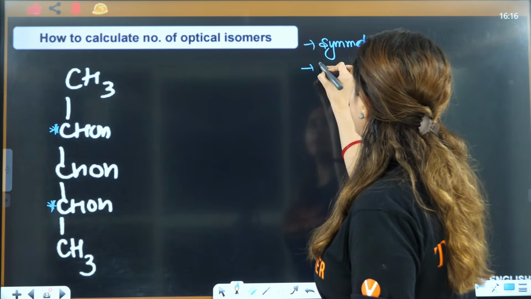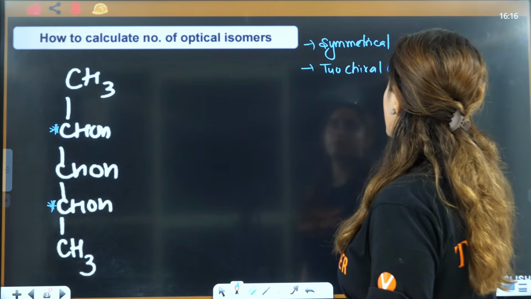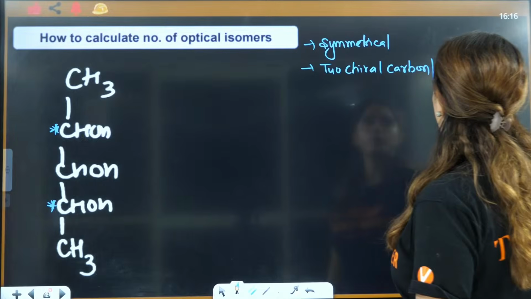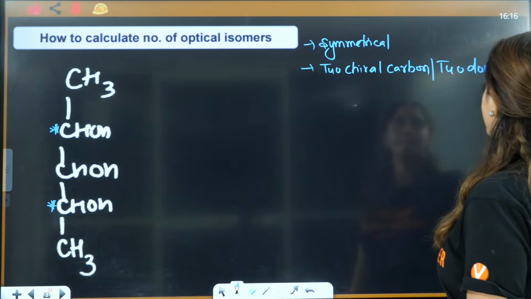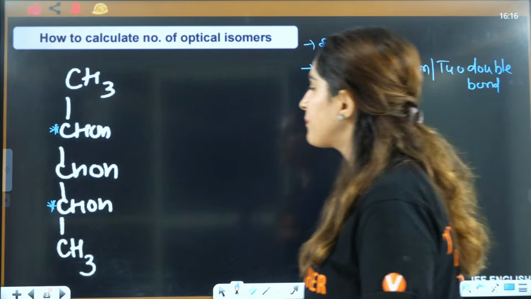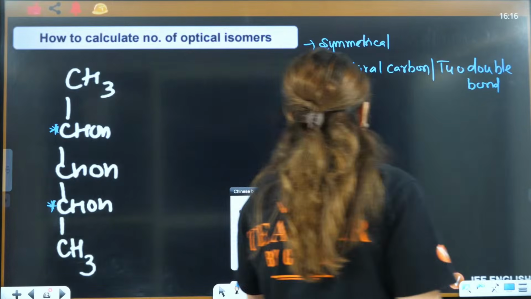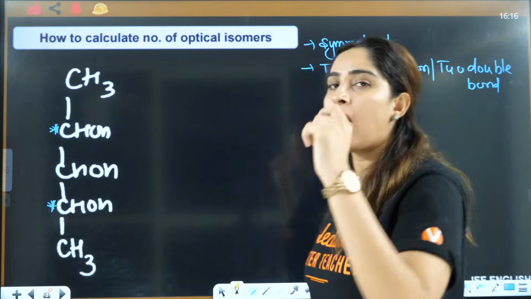It has to be between two chiral carbons or two double bonds, right? Okay. Actually, what is defined here, when you talk about a chiral carbon, we define R and S